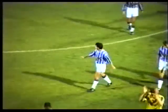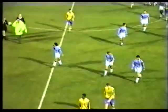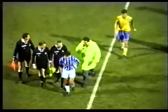Stuart Hadley, the man of the match for Mansfield Town. He's got 3 goals, but Stuart Rimmer's 3 goals for Chester, plus the one from Kevin Notman, have earned them the points here this afternoon. And my opinion is the difference was the terrific start that Chester made to both halves, with a Stuart Rimmer goal after 2 minutes of the first half, 3 minutes of the second half, and it is Stuart Rimmer who's got hold of the match ball, and he's taking it off the field. Well, Stuart